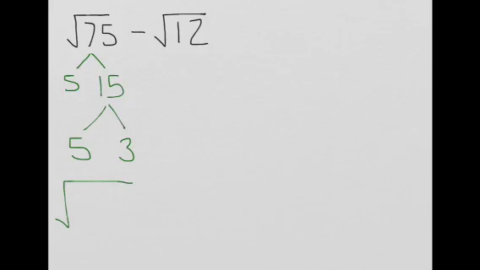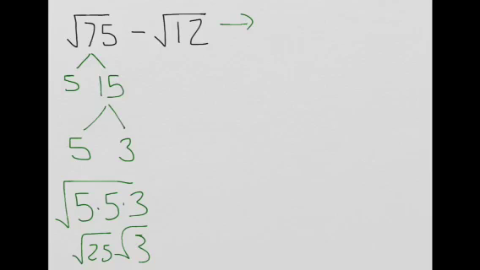So we have the square root of 5 times 5 times 3, which is the square root of 25 times the square root of 3, giving us a new version of 5 square root of 3 minus,